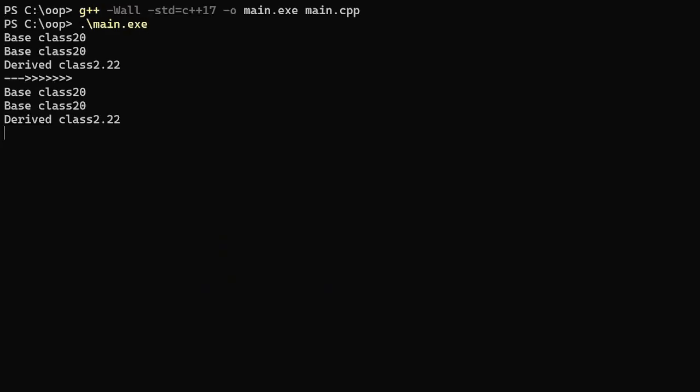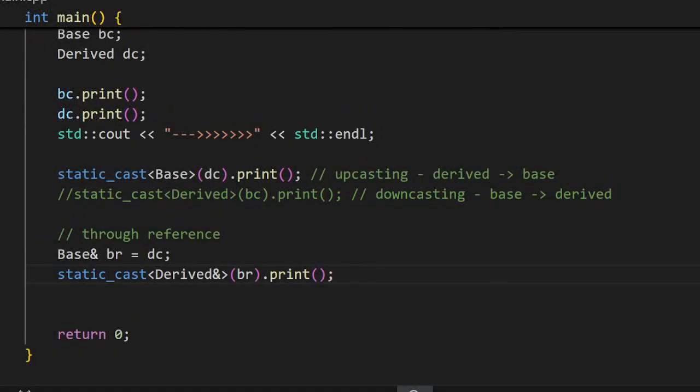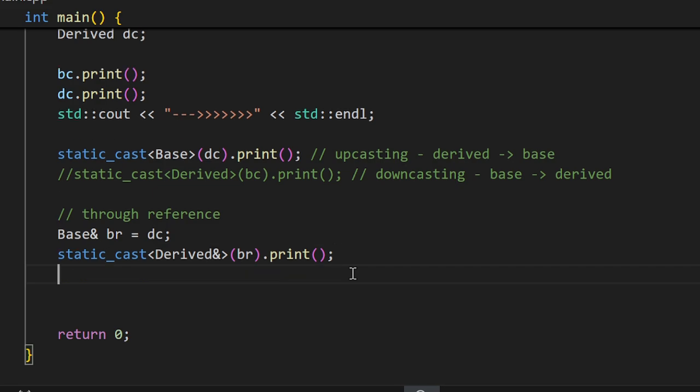And the outcome, right? So these two lines are actually displayed by that statement. Now let us go ahead and do the reverse casting. So this is casting from base class to drive class. This is called